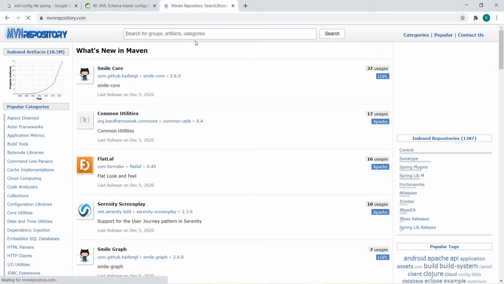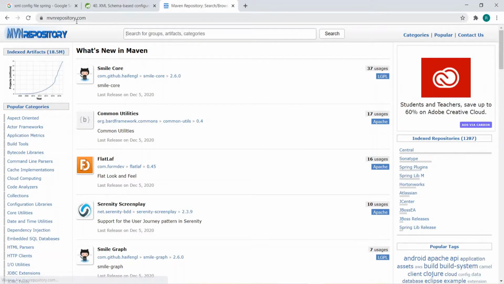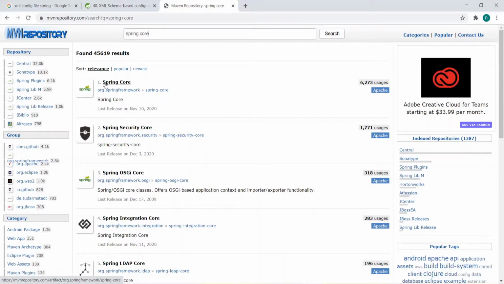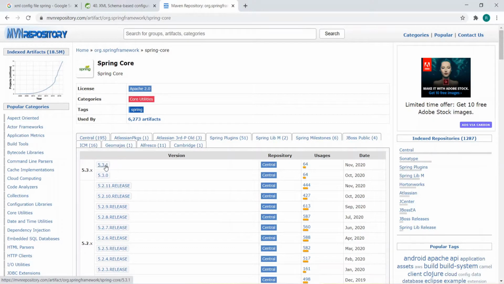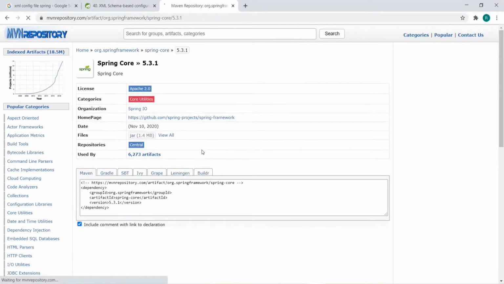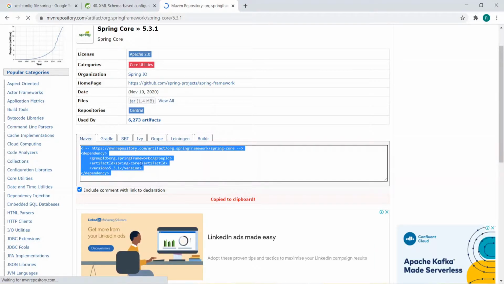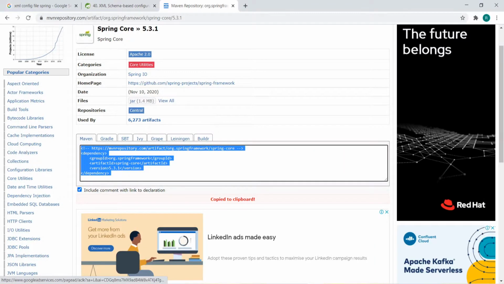Here you reach the Maven repository. Type Spring Core and press enter, and Spring Core comes up. Click on Spring Core, click on the latest version 5.3.1, though you can choose any, and copy this dependency artifact.